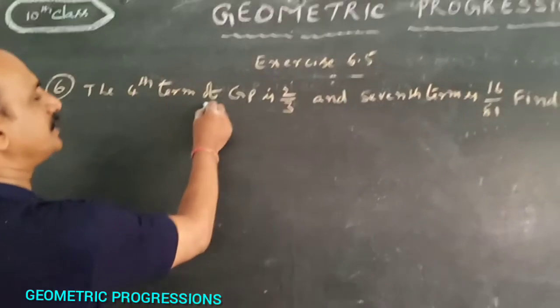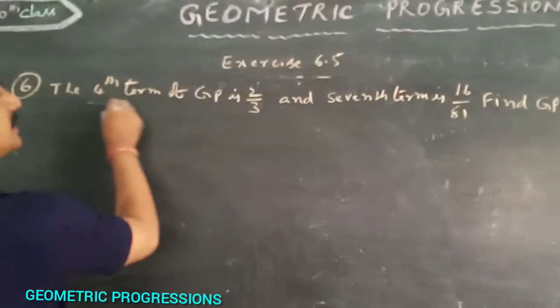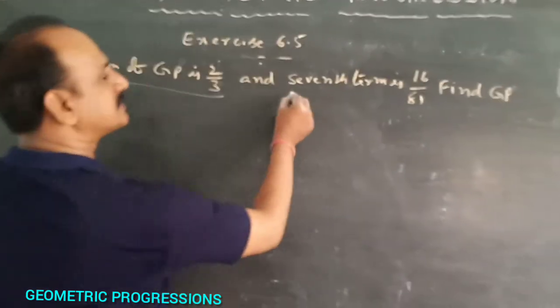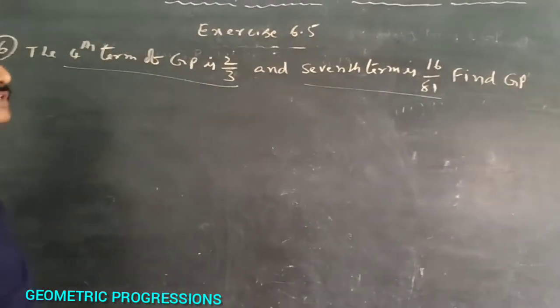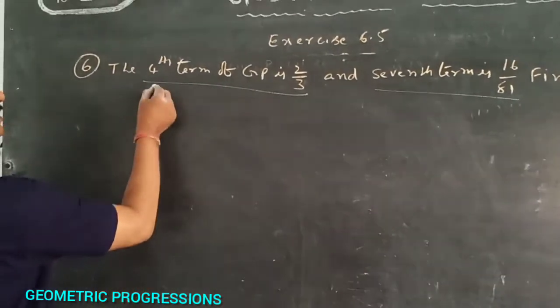The fourth term of the GP is 2 by 3, and the seventh term is 16 by 81. Find the GP series. So here in GP,